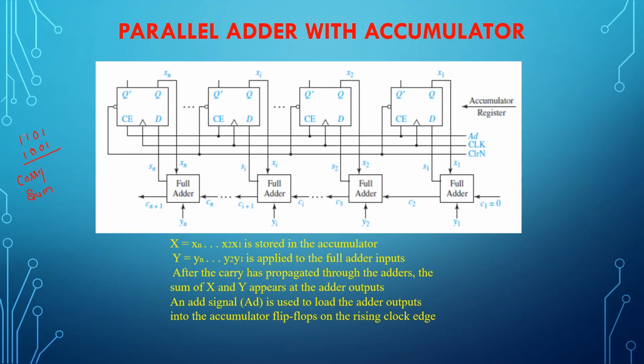So in order to speed up this addition process, we have designed a parallel adder with accumulator. So a parallel adder is a device which is going to add all these 4 bits at a time, or during the same clock cycle, and it is going to store the sum and carry. The sum which is generated will be stored in a memory storage called accumulator. That's why we have called it parallel adder with accumulator. And the carry which is generated will be available in the carry flag.